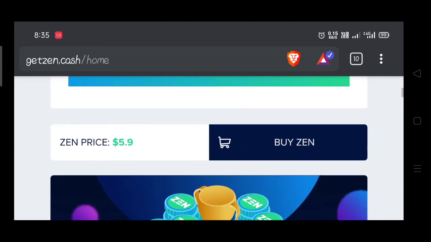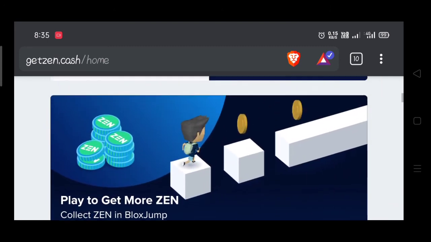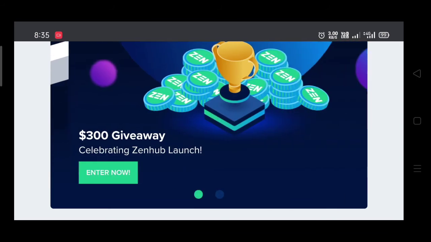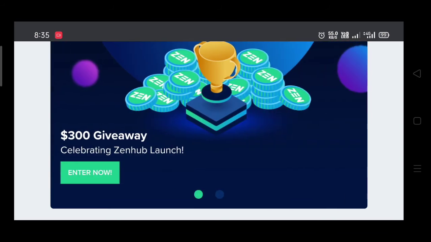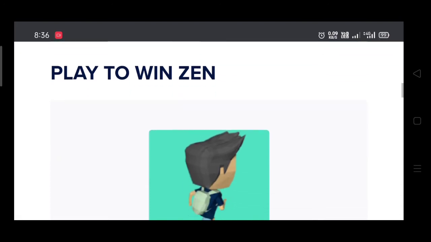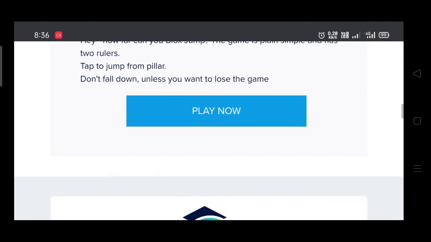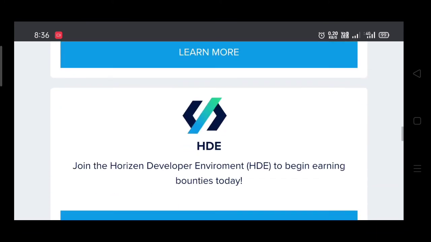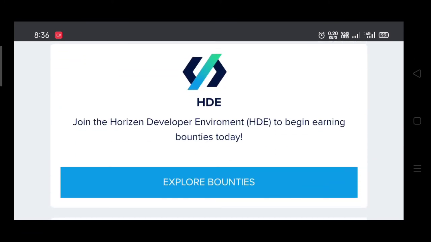And for earning more Zen tokens, you can play their game, which is the Blocks Jump game. This is also a very nice game. Here you can earn many more Zen tokens. And here we go down. You can learn much more about Zen and about blockchain technology in their academy, and you can develop any DApps on their Horizon development environment.